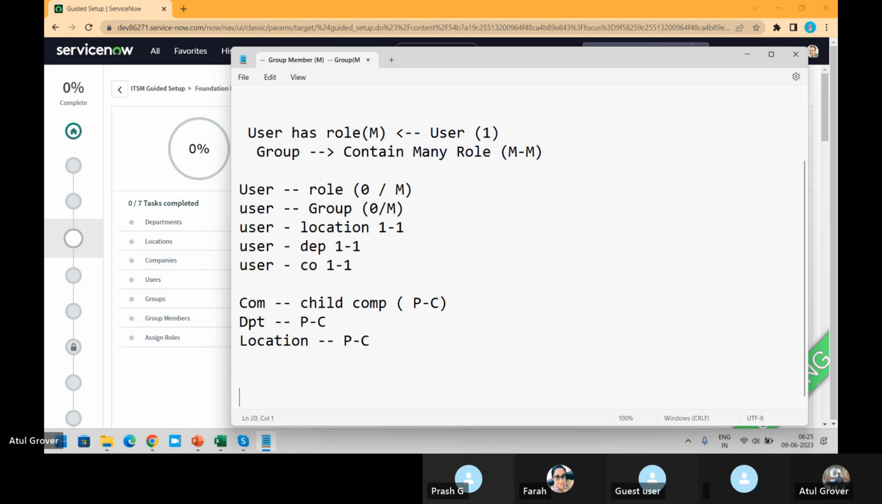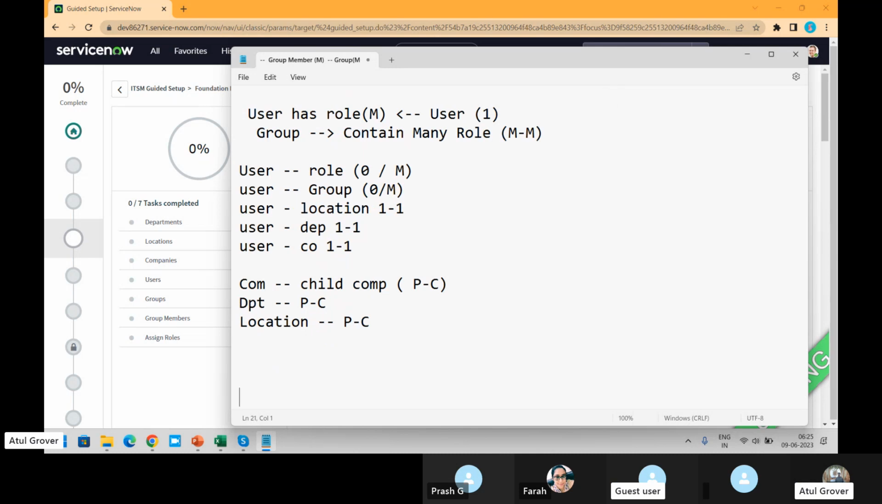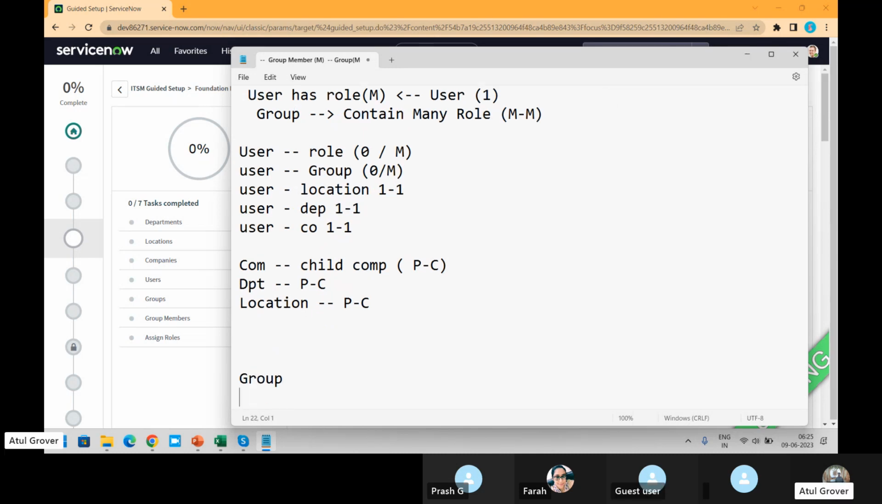Second part. Third part, group. What is group? A group can be a nested group as well. Parent and child group. So a group can be a parent and child relationship. Let's say I am on WhatsApp. I have a group of batch one, and under that, I have a subgroup, beginner,